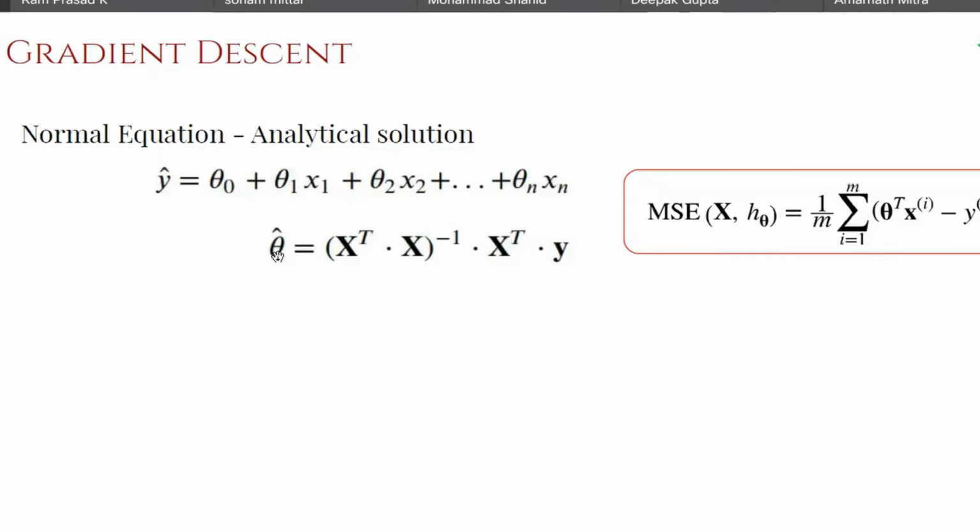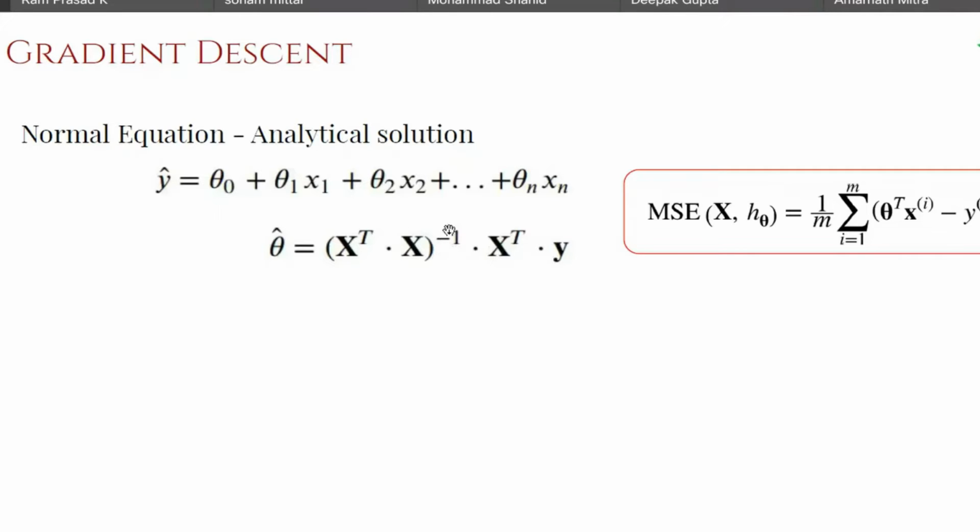And now we can ask under what situation it is not possible to use this. So when we look at this particular normal equation, we see two things. There is a matrix multiplication happening here, these dot products. And then there is also a matrix inversion happening here, because all these x and y are essentially matrices. So matrix multiplication or matrix inversion is computationally complex, the computational complexity is high.